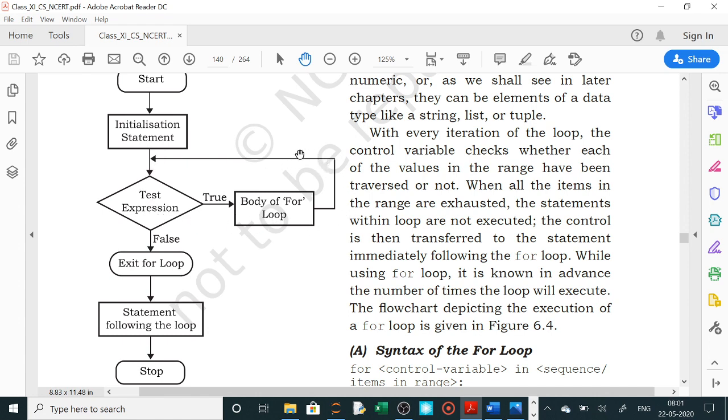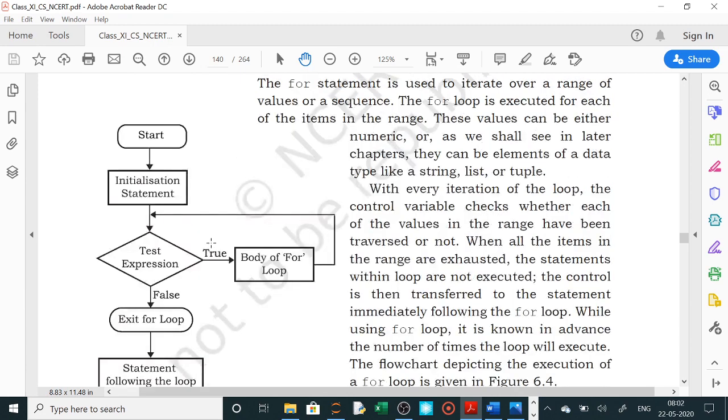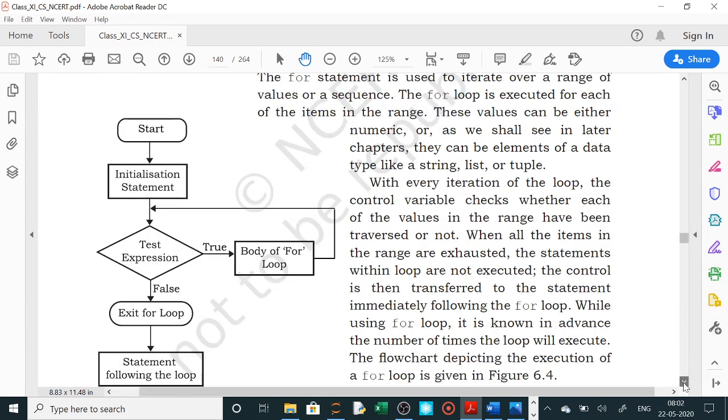So this is the repetition. It will start with 1, print it, increase by 1, that is 2, check the condition here and then keep on repeating. Once it reaches 100, it will stop the loop. So this is your for loop. Now we will start with the programming.